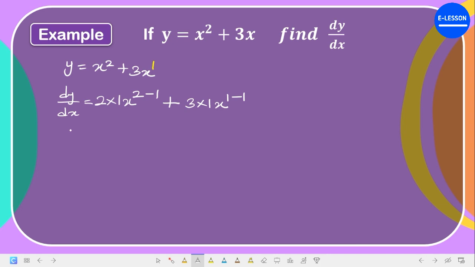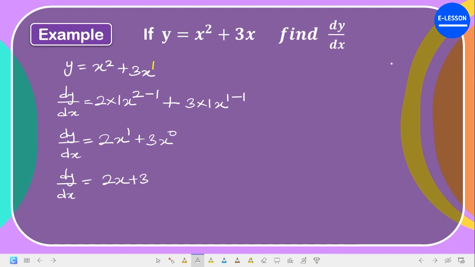And then what will be our answer? dy over dx would be equal to 2 times 1 is 2, x, 2 minus 1 is 1, of course, plus 3 times 1 is 3, then x, 1 minus 1 is what? Is 0. So our dy over dx would be equal to 2, then you have x plus 3,